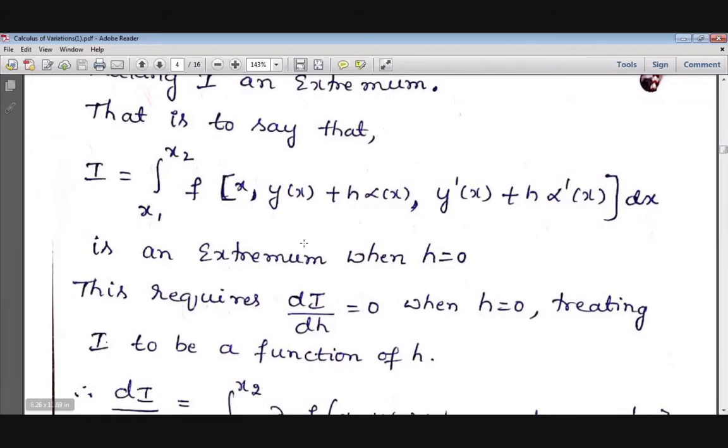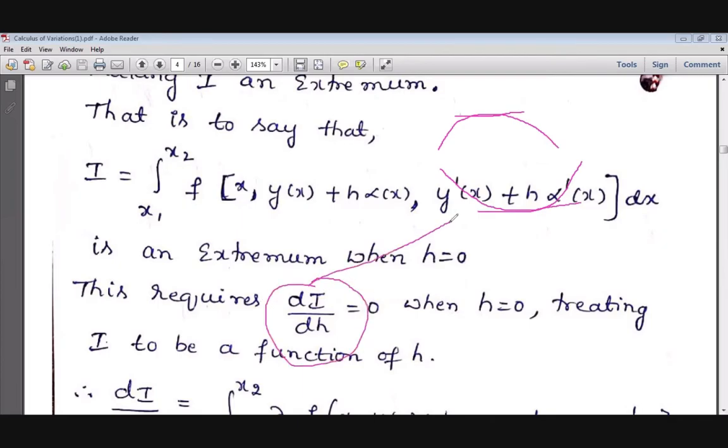Why? There should not be any slope. Then only it will turn below or turn above. Turning below or above means the curve is going like this, it will take a U-turn and come below. What happens to the slope? Slope will be 0. It is going below, then directly it will go upwards. So here also slope is equal to 0. Therefore, this represents the slope, dI by dh equal to 0 when h equal to 0. Understood how dI by dh equal to 0?